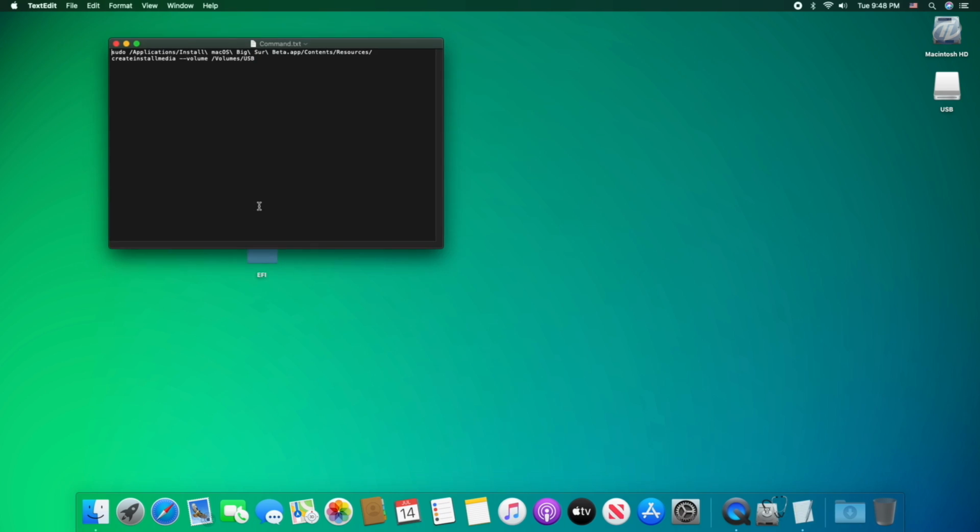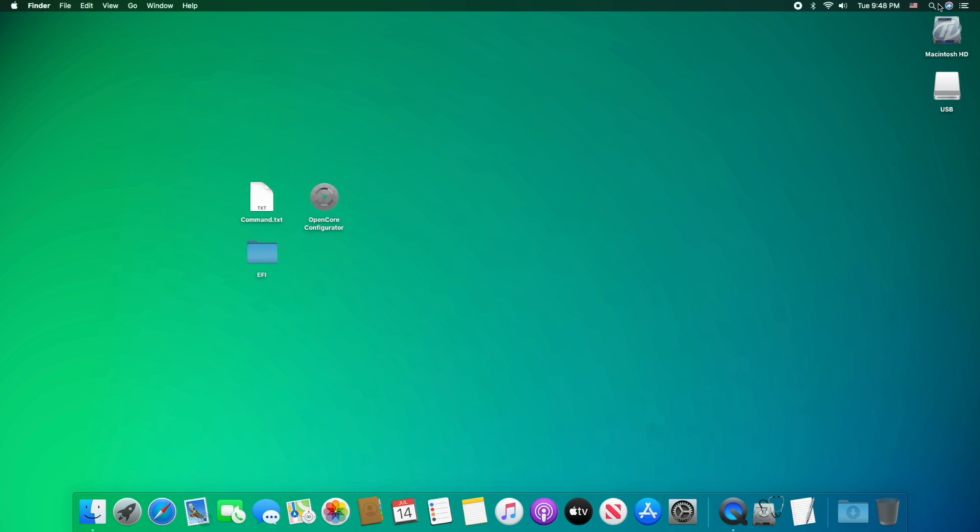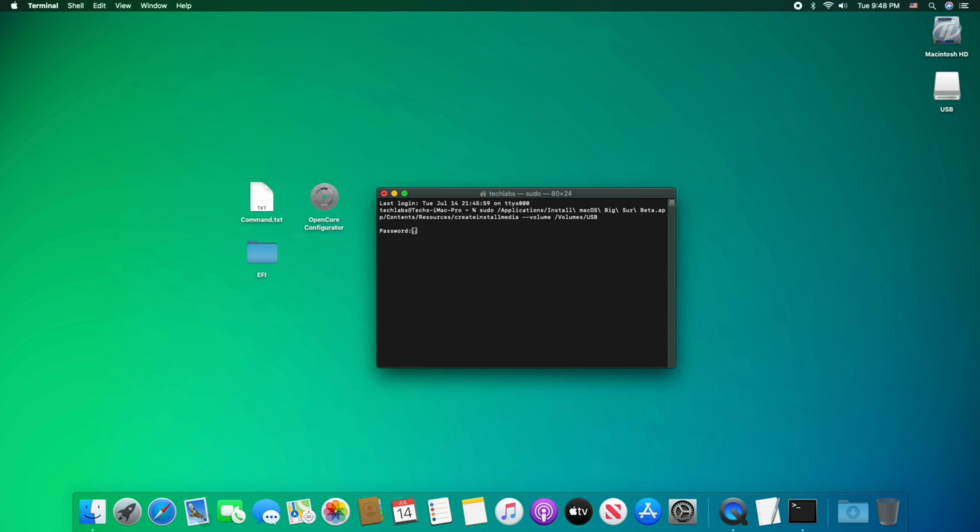Now, open the command file, and copy the whole command, and paste it to terminal and press Enter key. Enter your password, press Y key to confirm.